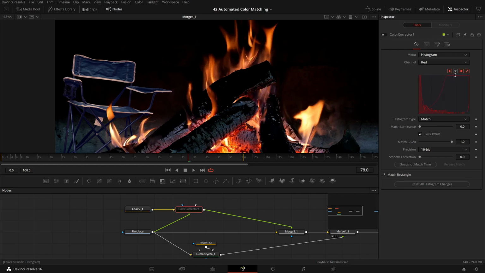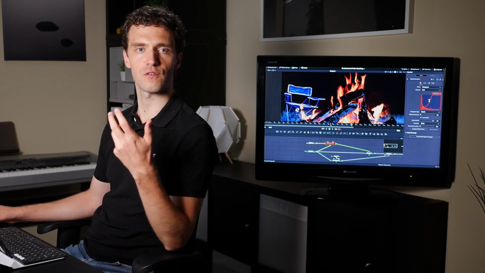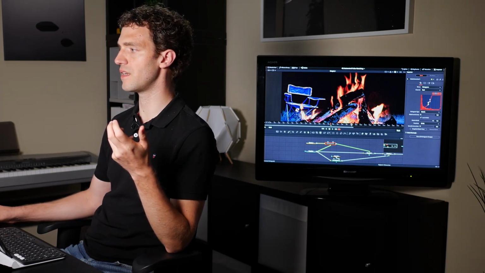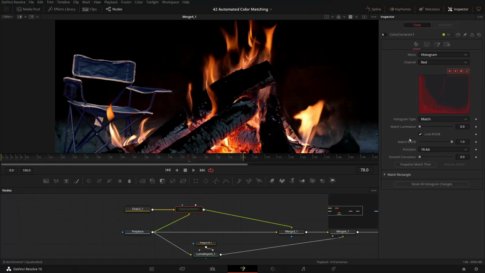And to get this result, it performed this curve of color correction. So this is basically a curve, as you can see in the curves editor, in the curves tool. So this curve is being applied to the red channel to match these two. Same you can see in the green and in the blue channel. Let me go back to the overview.